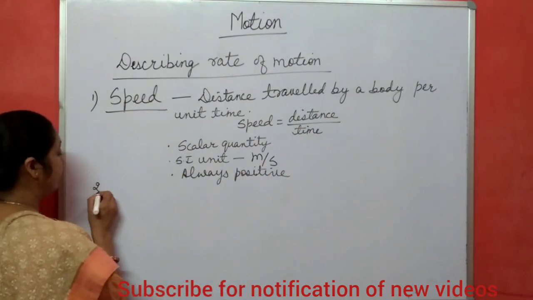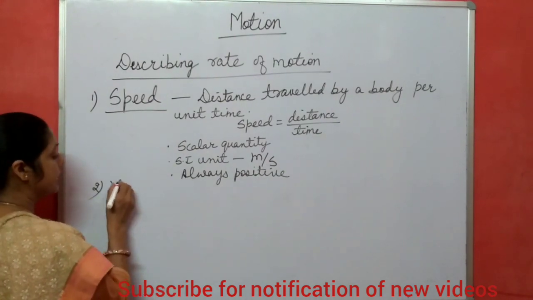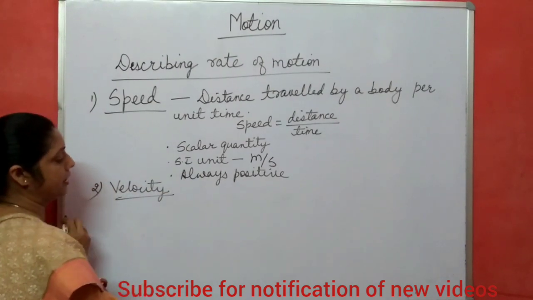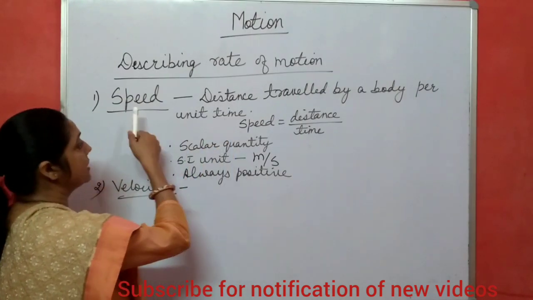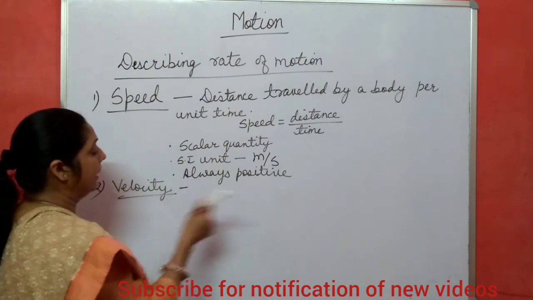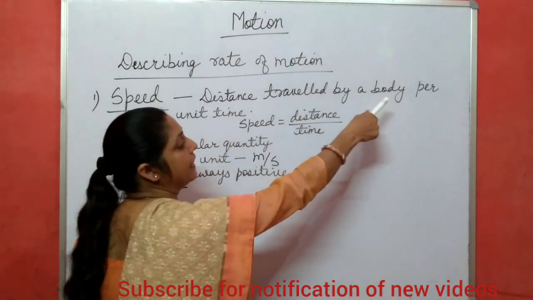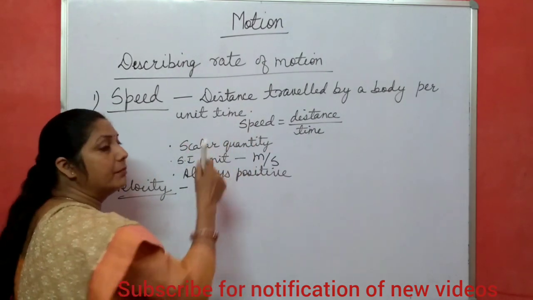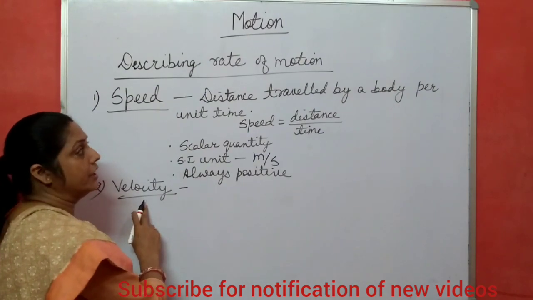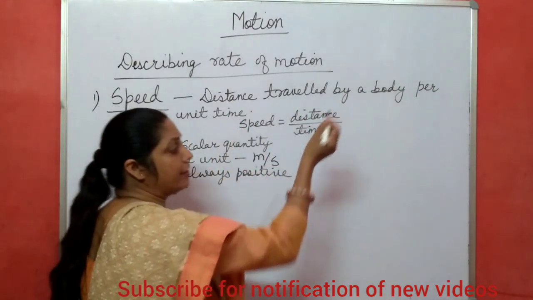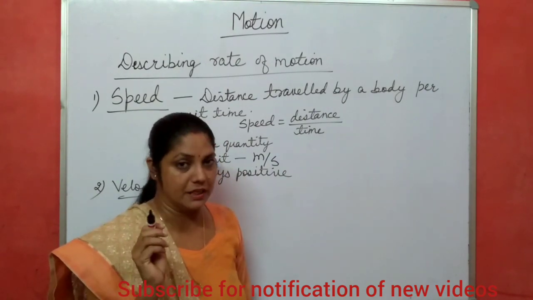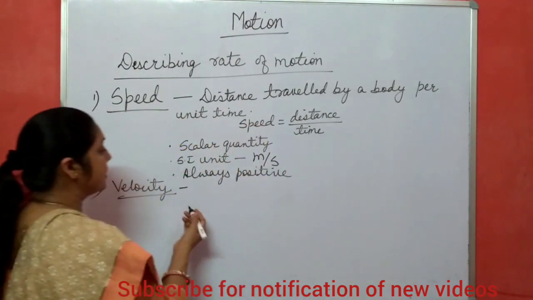And the second quantity which describes rate of motion is velocity. What is this velocity? Velocity is the same as speed, but the only difference is about direction. You can write in this way, distance traveled by a body per unit time in a particular direction. That is velocity. And you know that distance traveled by a body in a particular direction is called what? Displacement. Okay. So you can write in this way also,